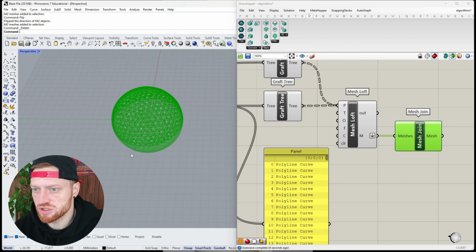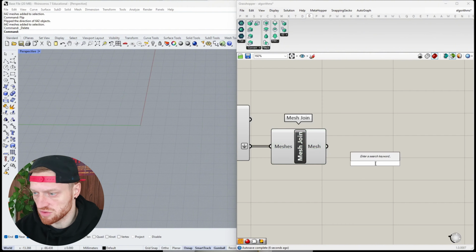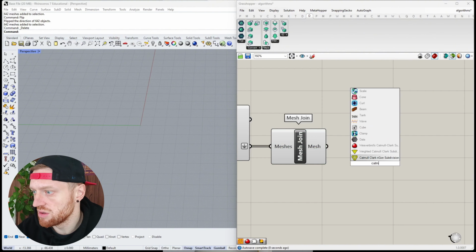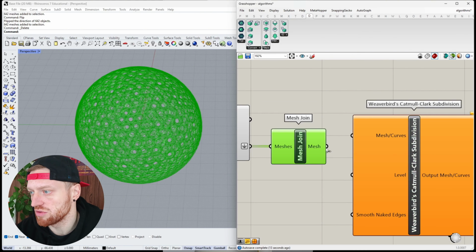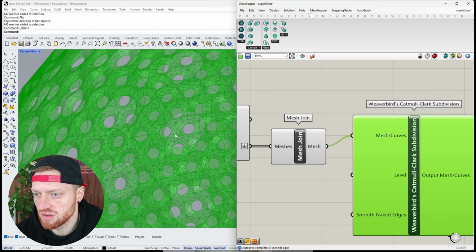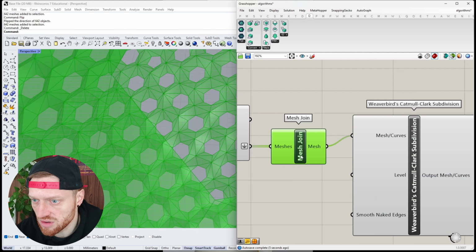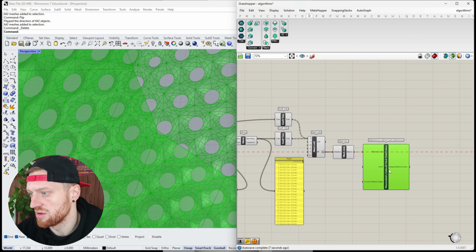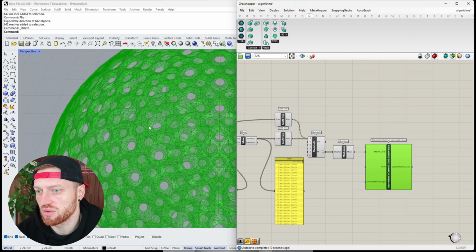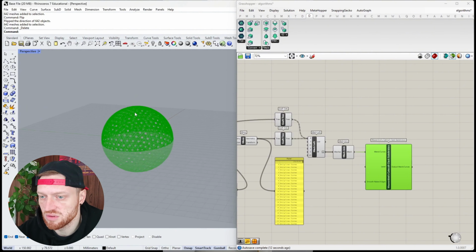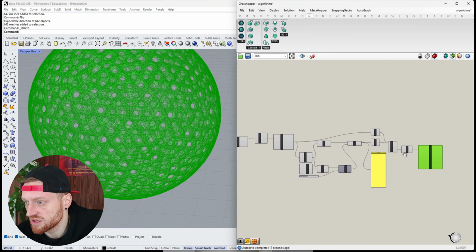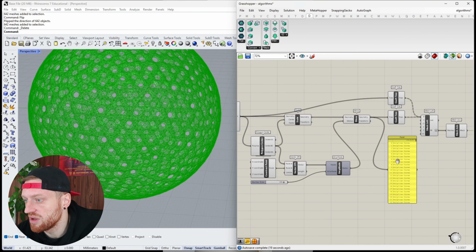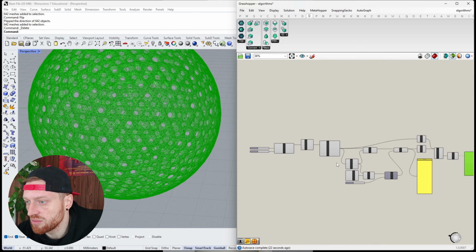Now you have one single mesh, and maybe you want to use the Catmull-Clark subdivision to make it a little bit more smooth and rounded, right? And now you see this is much more of a circle than a hexagon. So if that's something you prefer, then go ahead, use this one. But again, this is the basic algorithm, rather simple, and you can go in everywhere now and make refinements